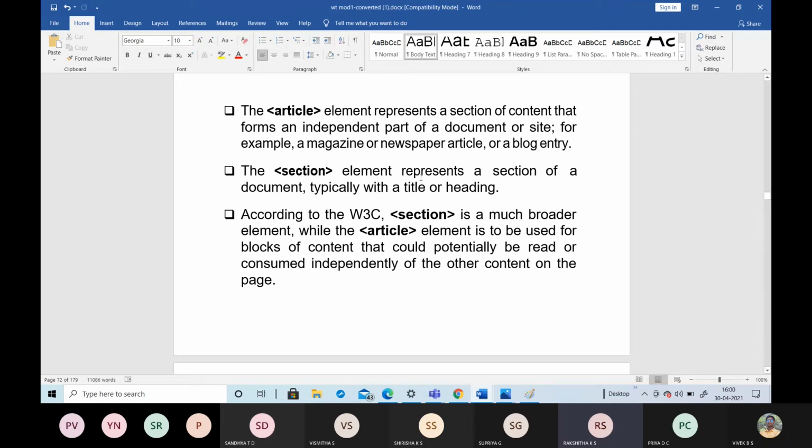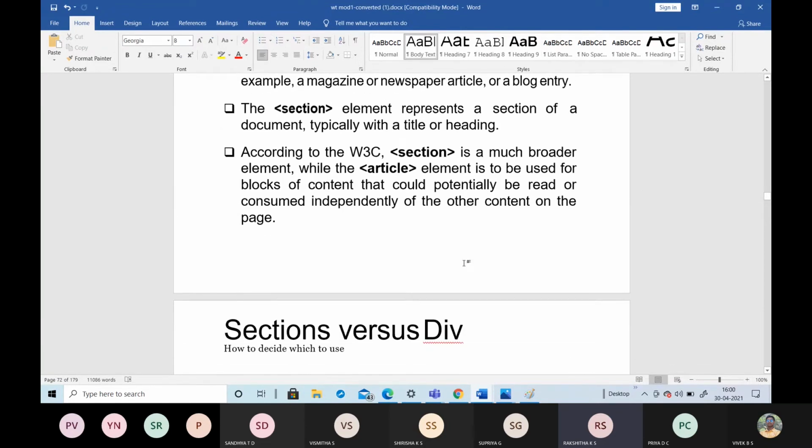The section element represents a section of a document, with a title or a heading. According to W3Schools, it is a much broader element, while the article element is to be used for a block of content. I will show you an example for that.